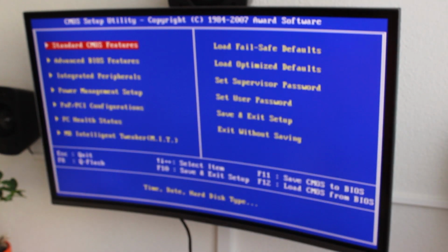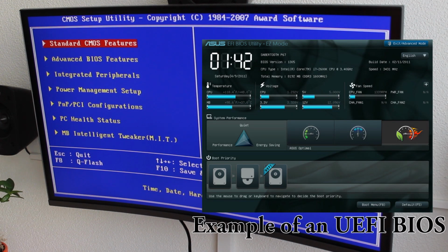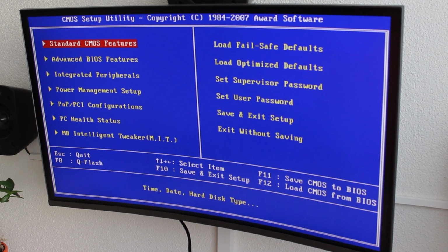Once you are in the BIOS, this is where it gets a little bit tricky, because BIOSes aren't all built the same way, and you might find some options in a different spot. I'm using a Gigabyte BIOS, and it isn't UEFI. If it is UEFI, you actually don't have to tweak anything, because the SATA controller will be set the right way. So I'm actually going to